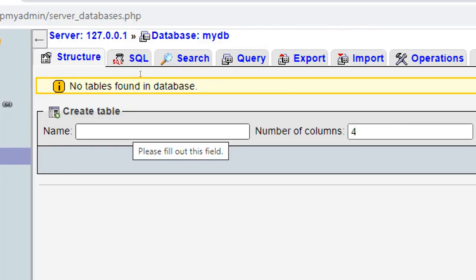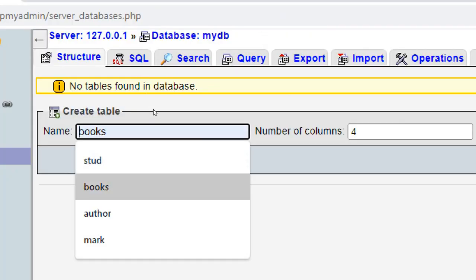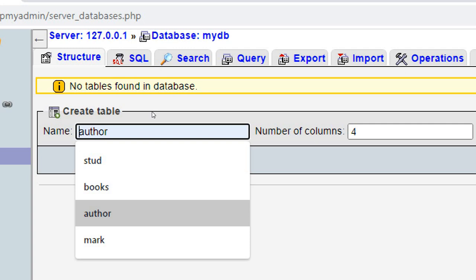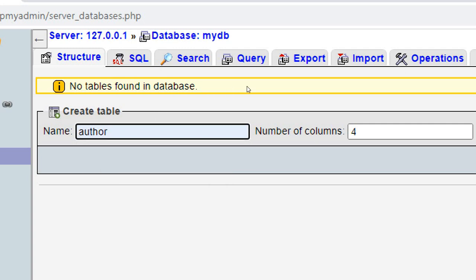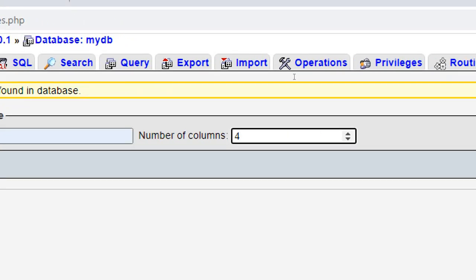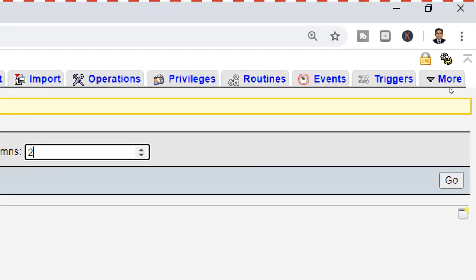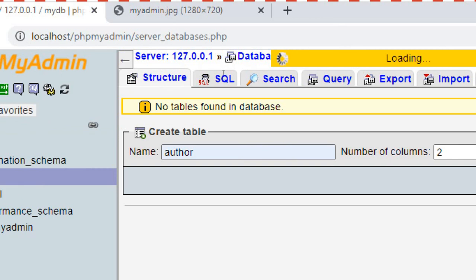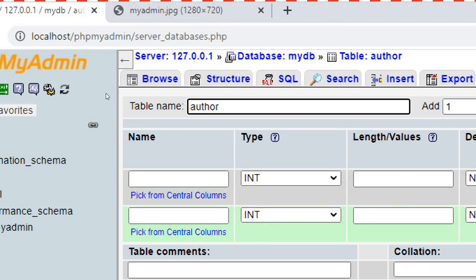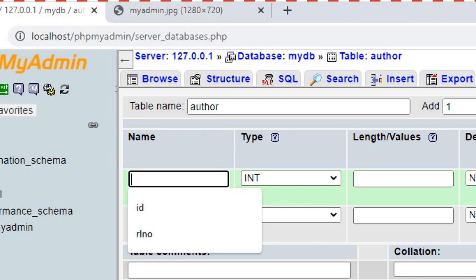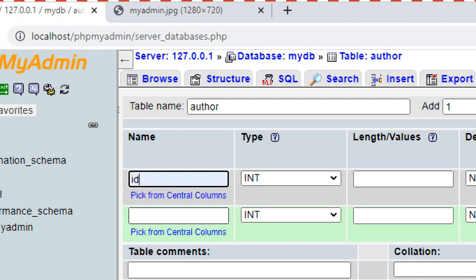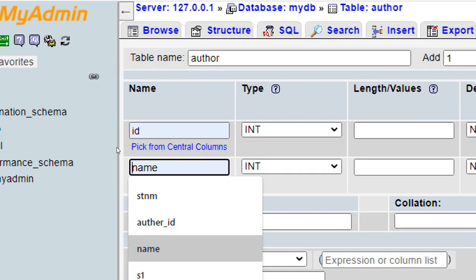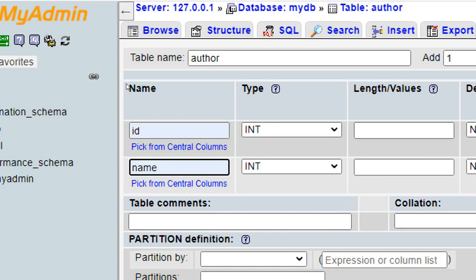Now in that database we create the first table, which is author, which has two fields, and then click on go. In those two fields, the first is ID and the second is name.